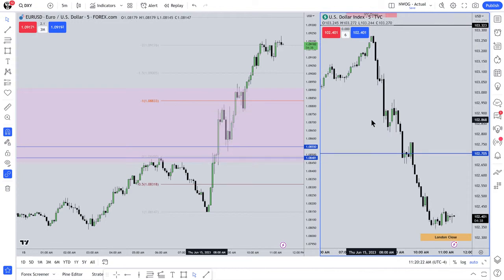do you see how the euro has made a higher high and the dollar didn't make that lower low at the same time? Market symmetry suggests that in a perfect world, the US dollar should have made a lower low there in concert with the higher high in euro. This is a USDX SMT divergence. That means dollar, which is USDX, and euro are not in agreement with what they've done at a time of day that is critical, London close.